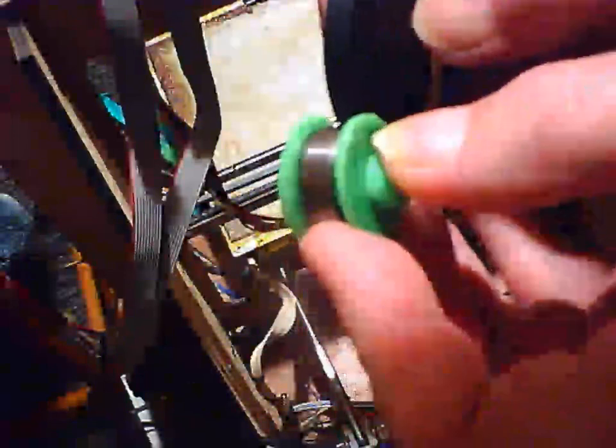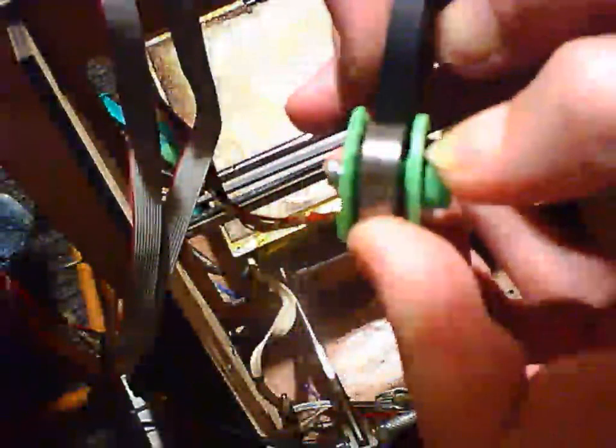I got 2 meters of this belt, 2 meters of this. It's all wrapped up on a big ball right now, but that's just a 6mm wide belt, and you can see the width. It'll sit perfectly on that bearing. The bearing's over 7mm wide, so